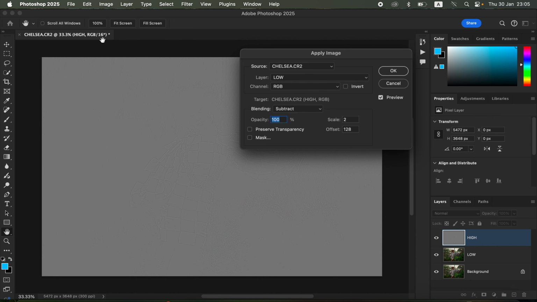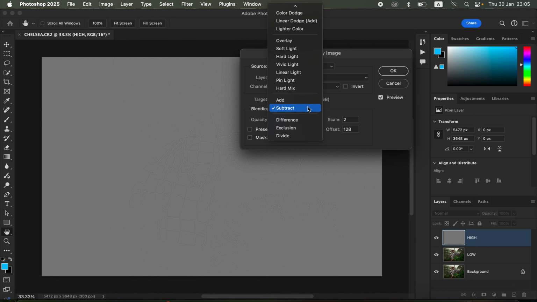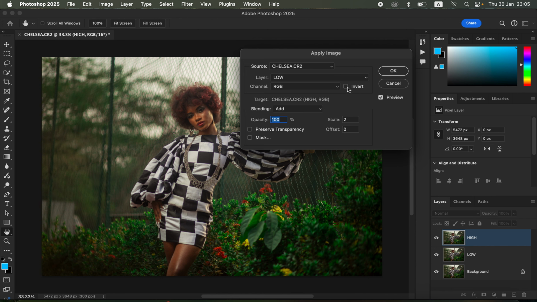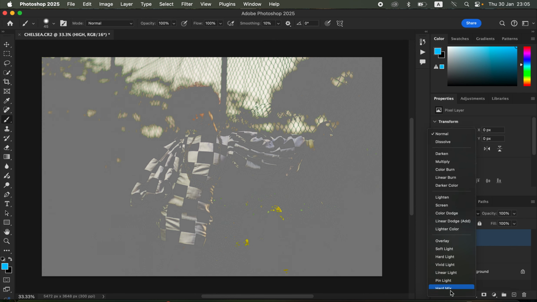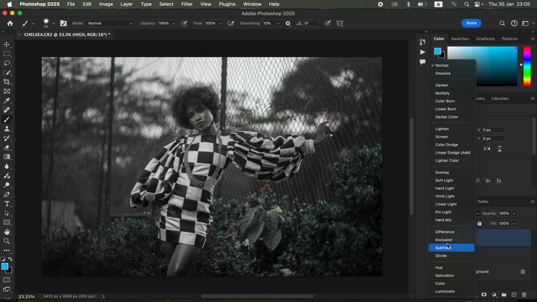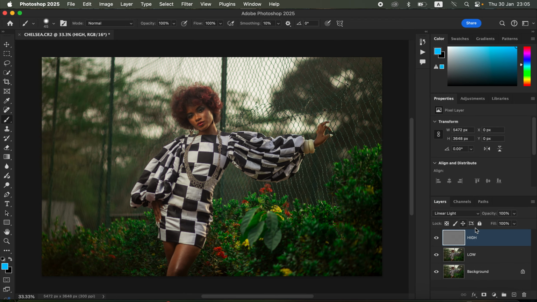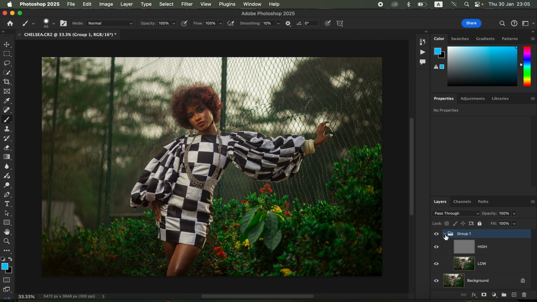Ours is a 16-bit image, so I'll revert the settings to 16-bit, click OK, change the blend mode from normal to linear light, and select both layers, then press Ctrl G, or you can use Command G. Open up the group for frequency separation, select the low frequency layer, hide the high frequency layer,